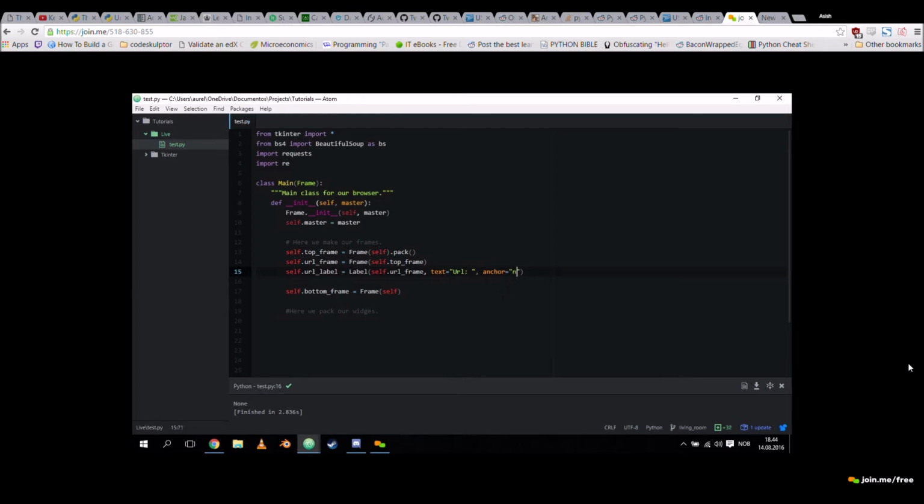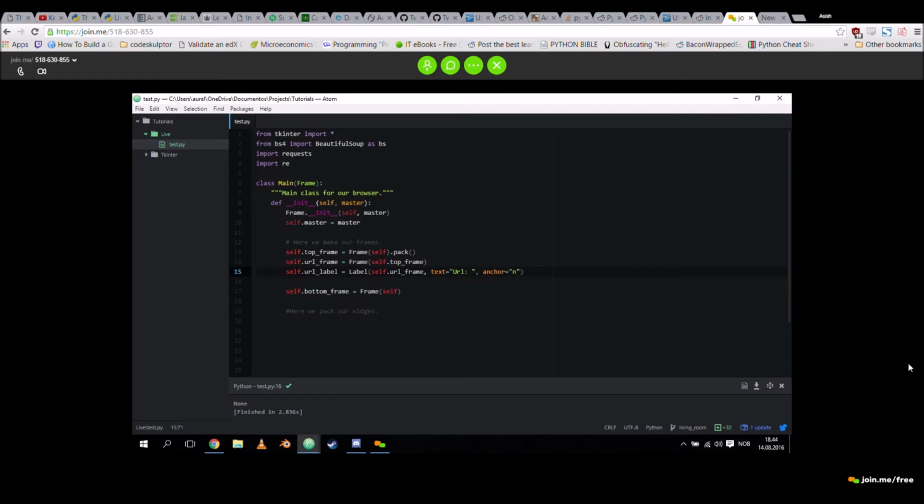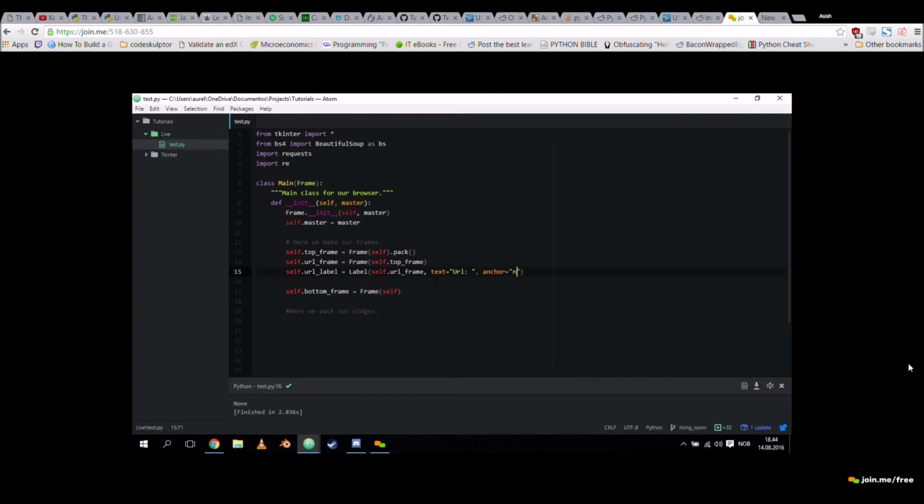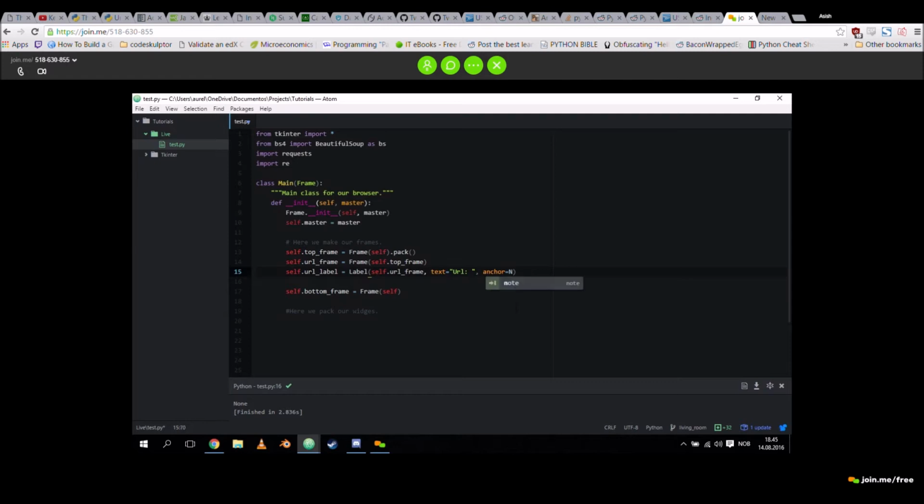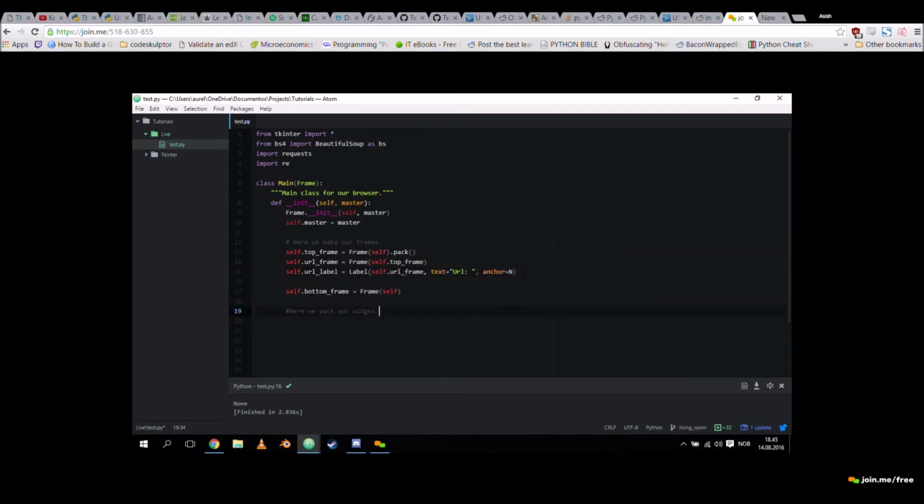All right. So we've created a label, we've added a text to it, and we've put an anchor on the label that makes sure it ends up in the north side of its own frame, which is the URL frame. And I want to say something about what I'm doing. If you look at other Tkinter code, you might see this. And that works too, right? So this is a Tkinter object that represents north, and it can be NSEW, northeast, southwest, and a lot of other arguments work like that. They are capitalized objects, not pieces of text.